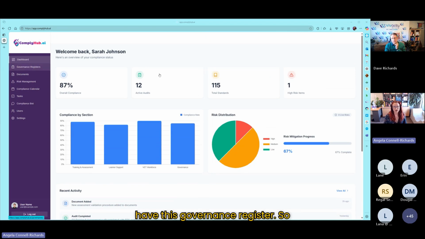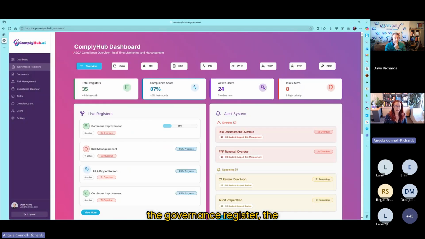Then we have this governance register. The idea for this came from the spreadsheet. So we created this spreadsheet, and a number of our team,